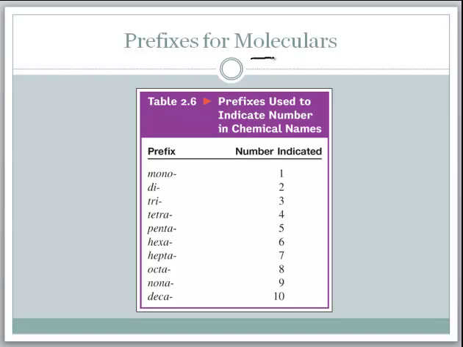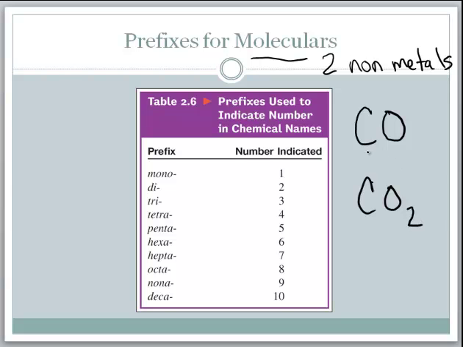When we have molecular compounds, that means we have 2 nonmetals bonded together. And when we have 2 nonmetals, we use the prefixes mono, di, tri, tetra, penta, hexa, etc. up to 10. So for example, take 2 common carbon and oxygen compounds. Carbon monoxide, carbon dioxide. The most important rule is when you have a subscript of 1, if it's the first one, we don't say mono. So we don't say monocarbon monoxide, but if it's the second one with a subscript of 1, we do say mono. So carbon monoxide, carbon dioxide,